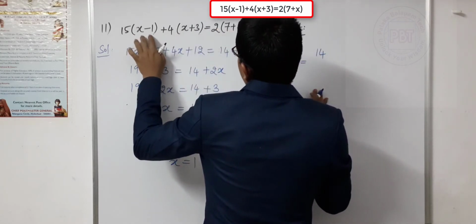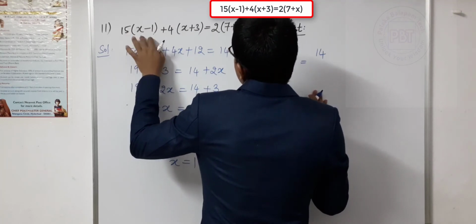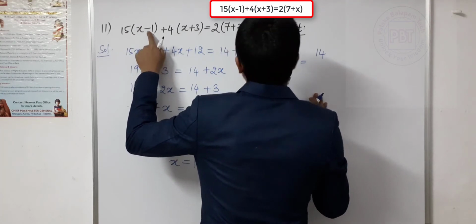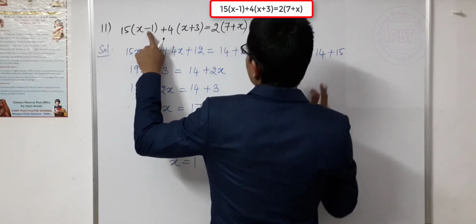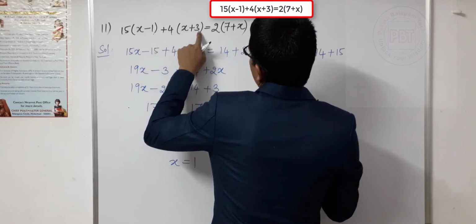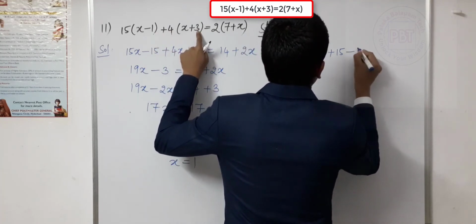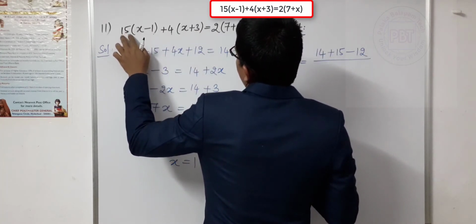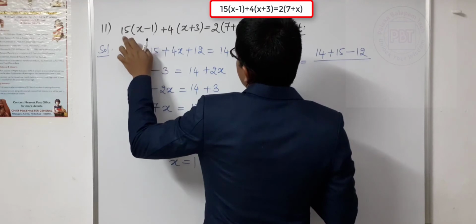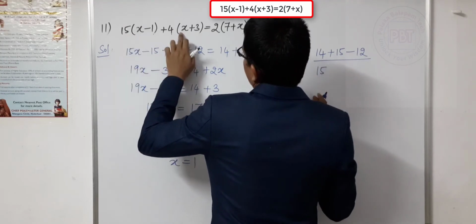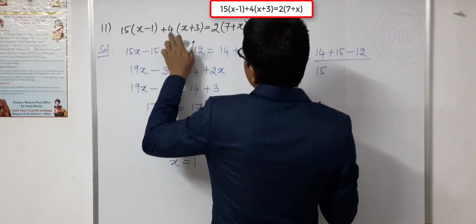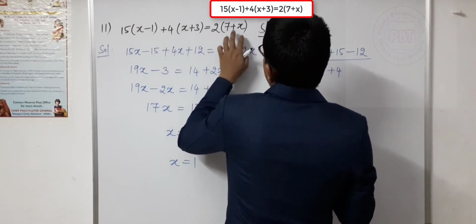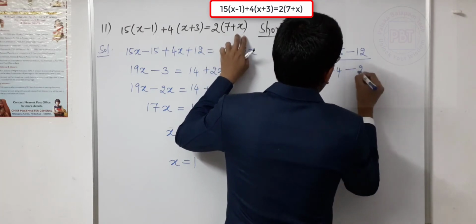In the left hand side take the constants with the opposite signs. 15 into 1 is 15, minus 15 becomes plus 15. Okay, now 4 3s are 12, plus 12 becomes minus 12, by, now if you observe here, 15x is nothing but the quotient is 15, so plus 15. Here the quotient of variable is 4 into x is 4x, so plus 4, and here 2 into x is 2x, the opposite sign of 2 is minus 2.